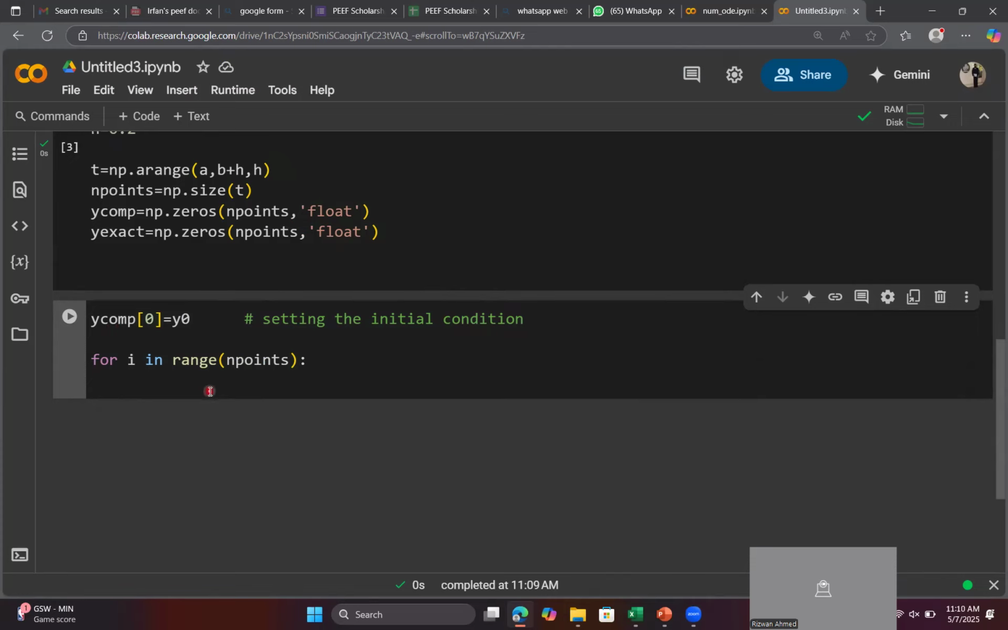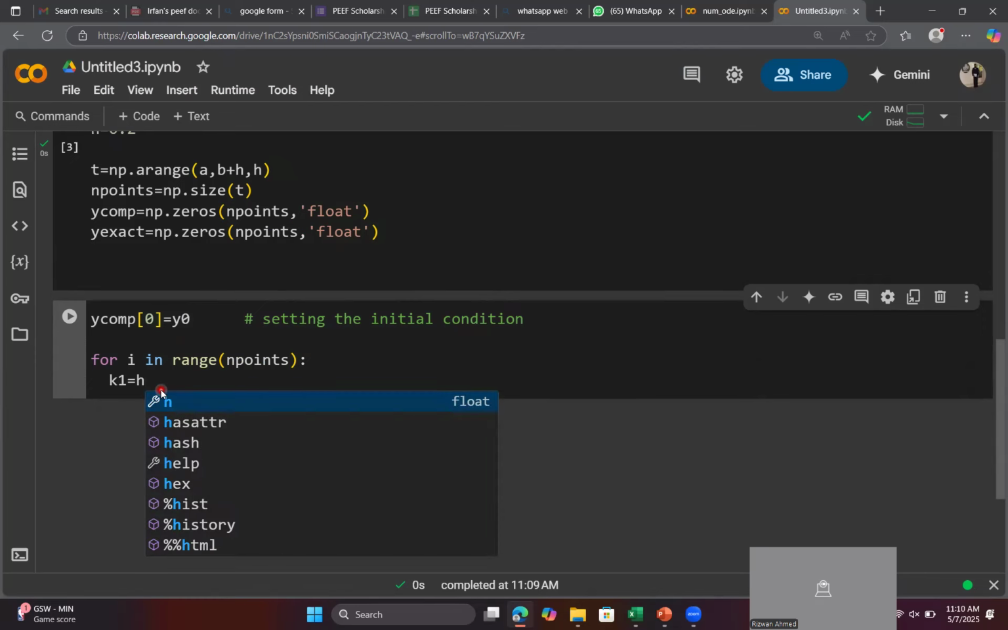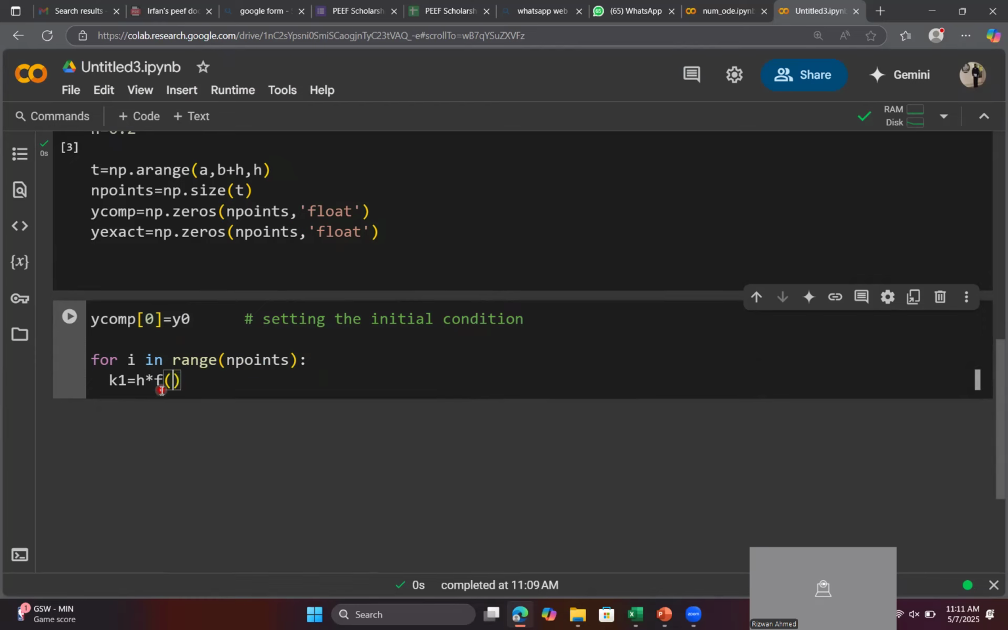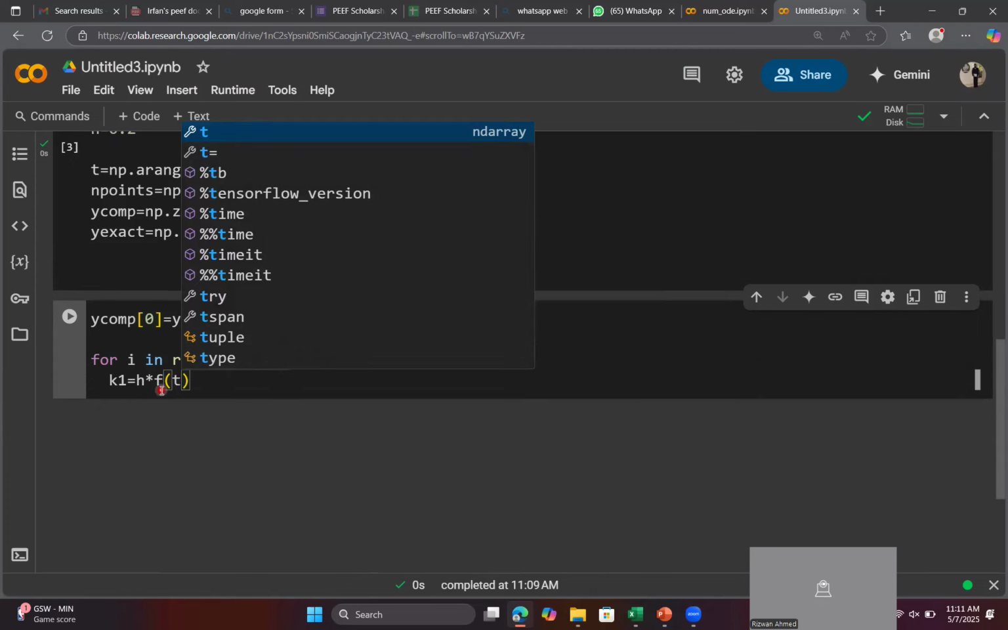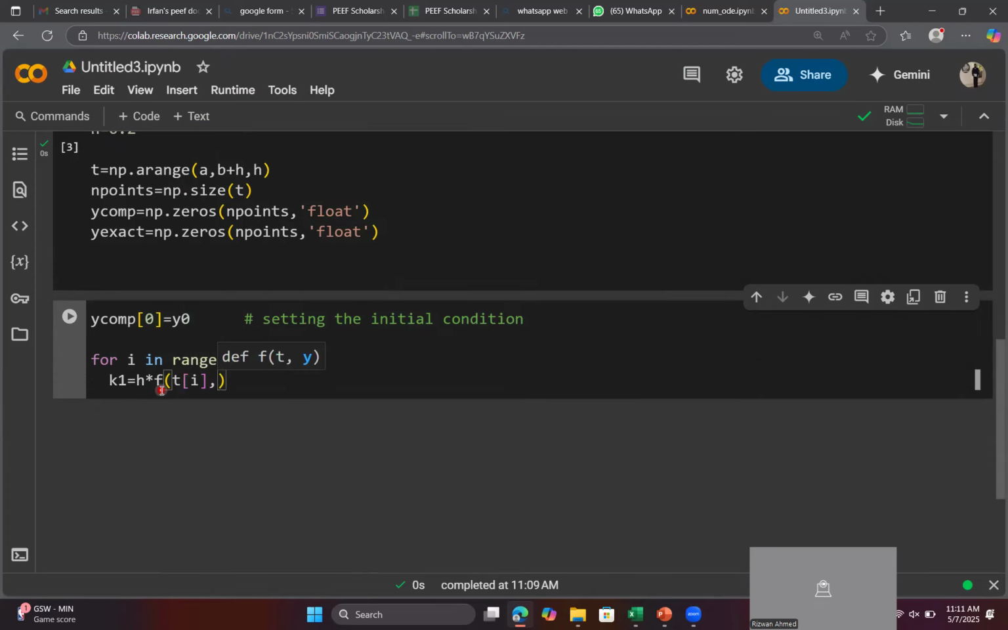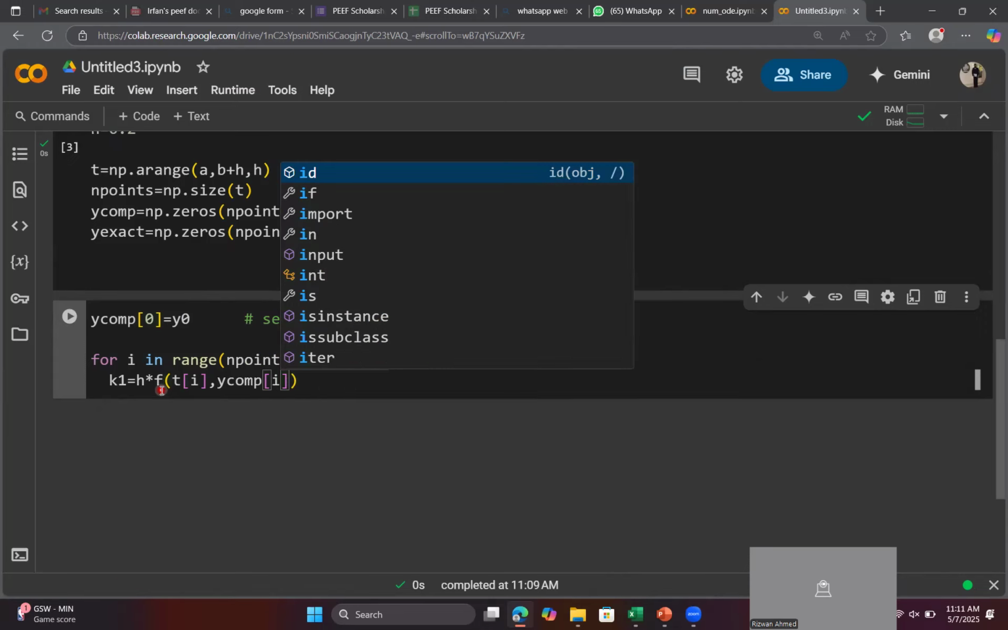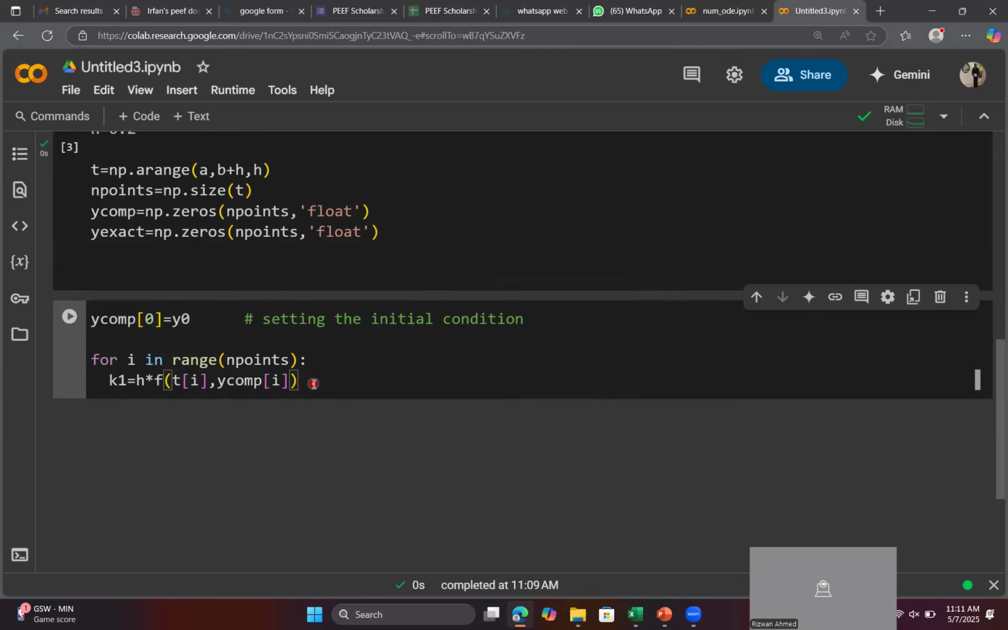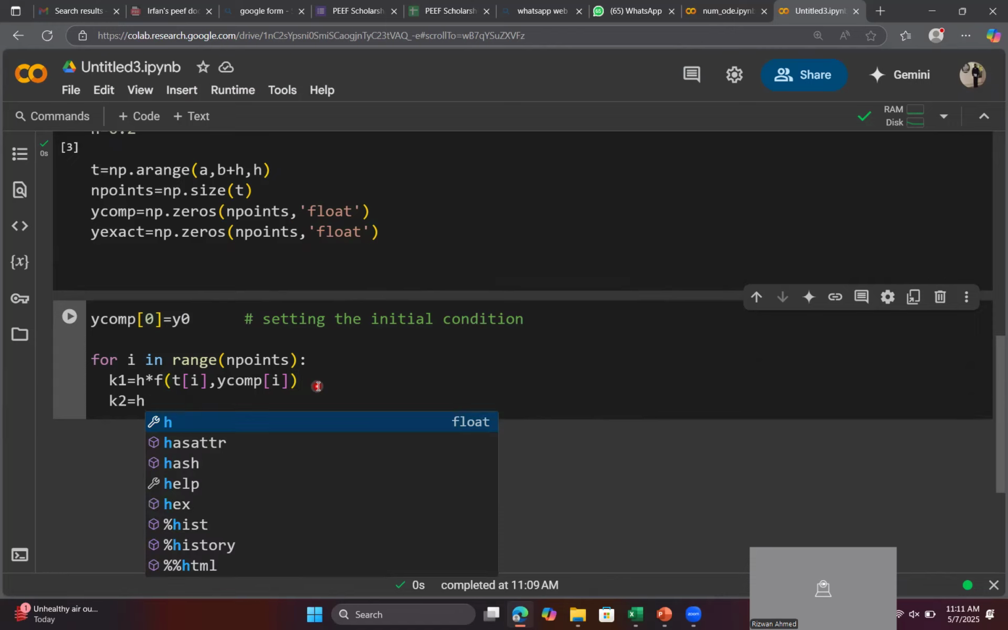I. So I have to have the values of K1, K2, K3. So I'm writing here K1. It should be H, which was specified earlier, times f of Ti and y computation of I, right? So with the definition of the function, it will generate a value and then it will provide this value to K1, right? Then K2, it is equal to H times